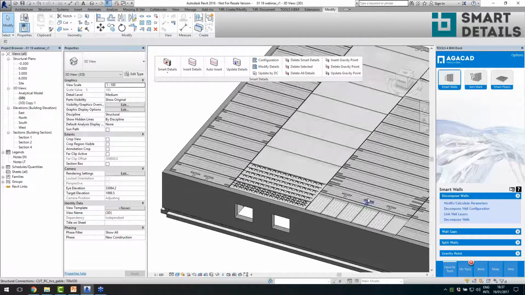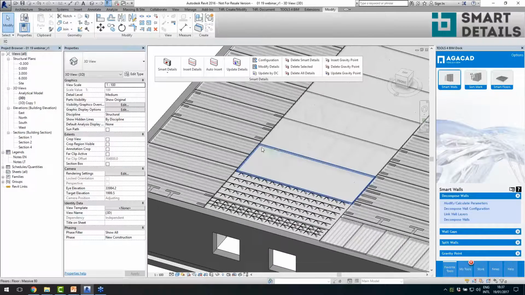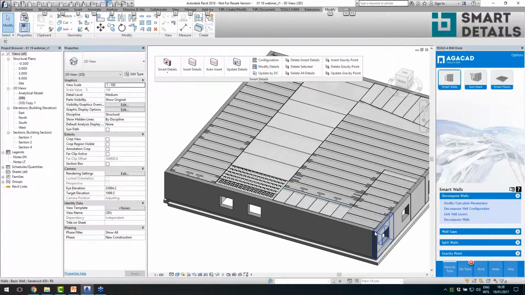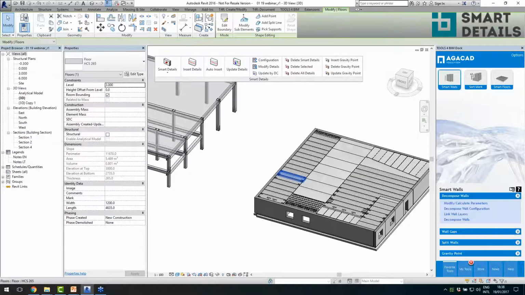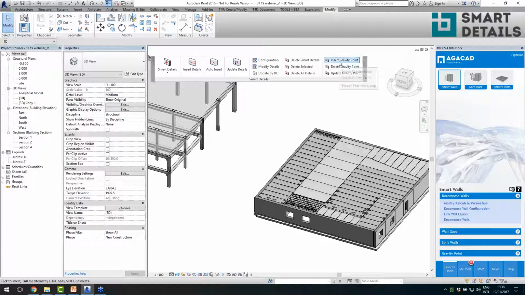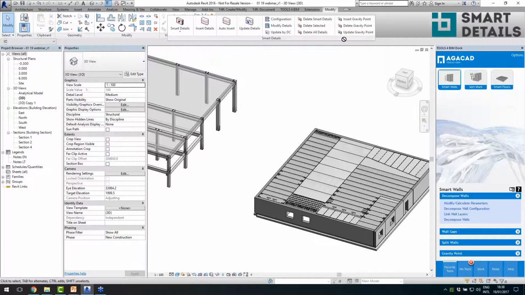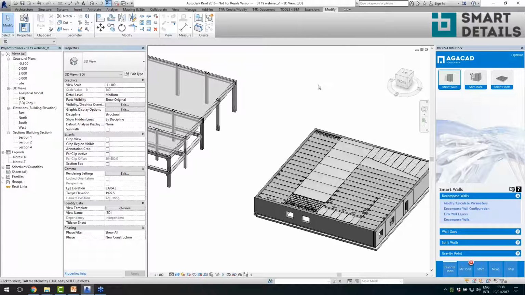Yeah, let's say for the slabs, for the bubble decks, I mean, create some kind of spheres and distribute them in 2 directions just by using rules. Again, another way to create something in Revit. And okay, we have some update details. We have some delete options, how to just delete all of these details selected from the selected elements, and we can also insert gravity point, but actually I do this most of the time with a gravity point by using smart assemblies, which I will talk about